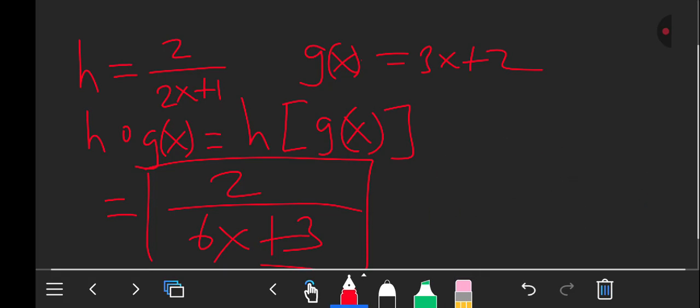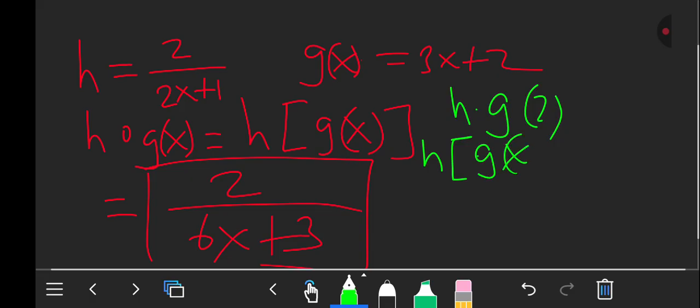Since they have asked us to find hg of 2, for this one we found already the hg of x, we found it to be equal to 2 over 6x plus 3. Now, our duty is to substitute, where there is x, we substitute 2. So it will be 2 over,